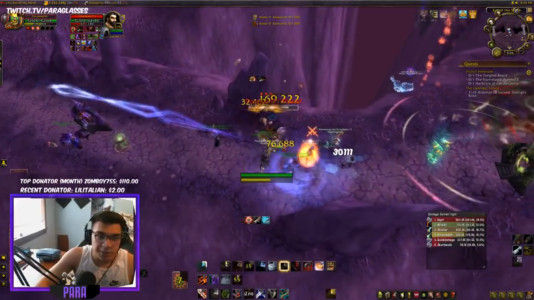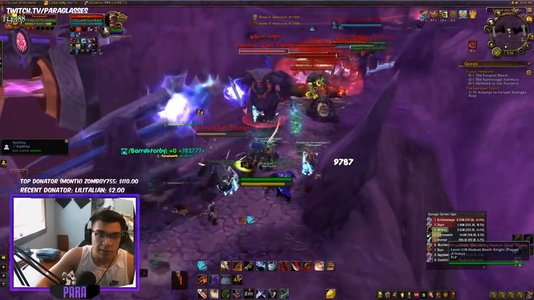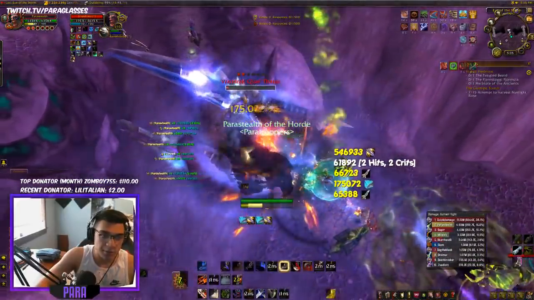Oh, I messed up my rotation. So pretty much you want to get Roll the Bones off immediately. I don't think I got any good stacks there, so that's a little awkward. We're going to use cooldowns on this guy, just because. Going to use Cloak. And when you use your cooldowns, which is your...